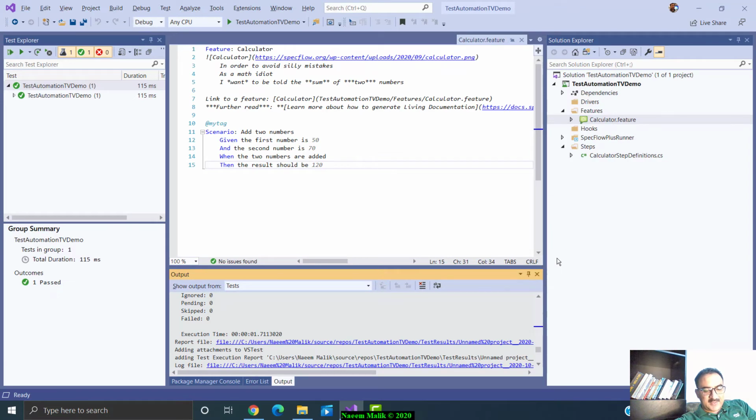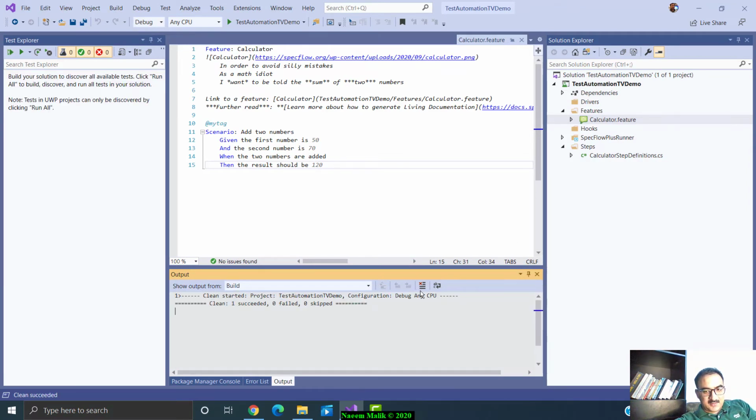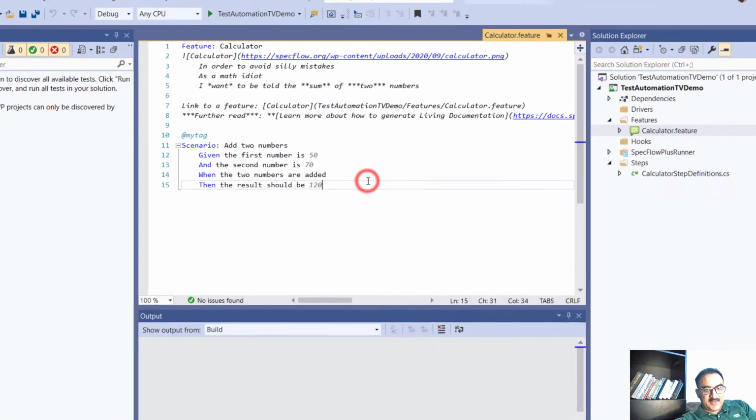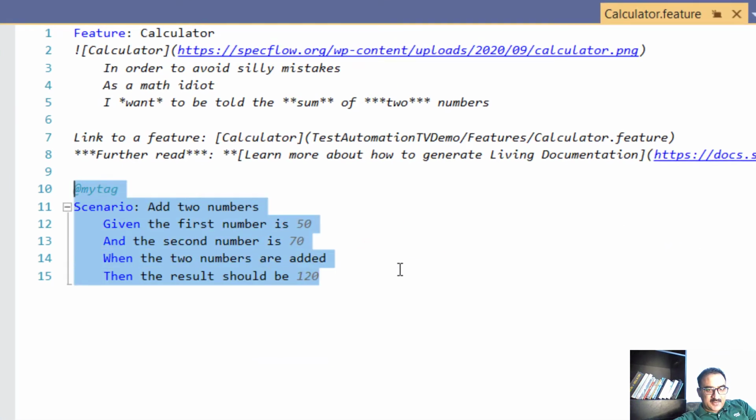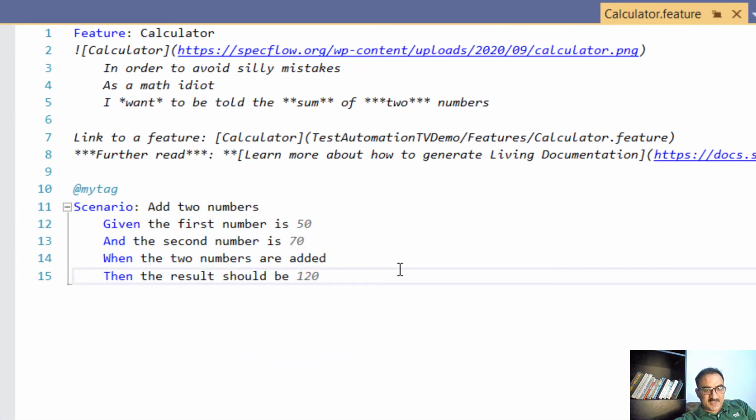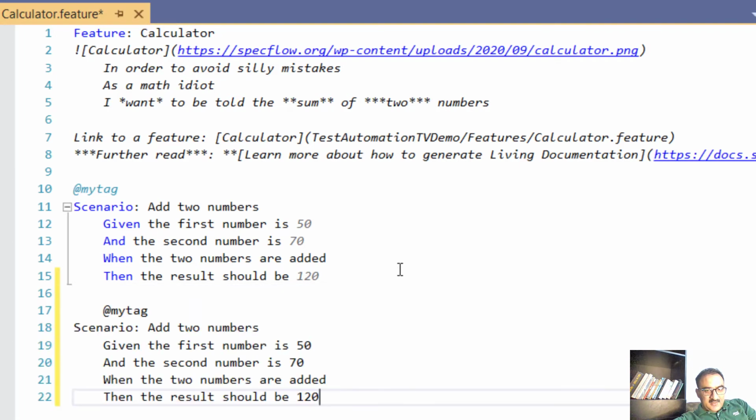Now let me go back and let me add another test. Although there won't be any information in this test, let's suppose I have another test over here, for example, if I say subtract two numbers.